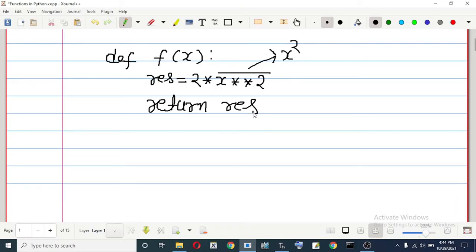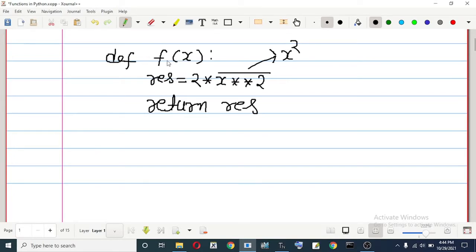Now in Python you cannot use this directly. This is actually the definition of a function, and if you want to use this function, you have to call it. I'm going to explain how you will call it.